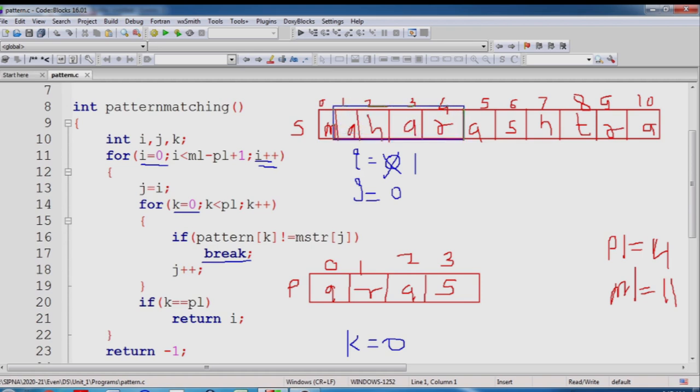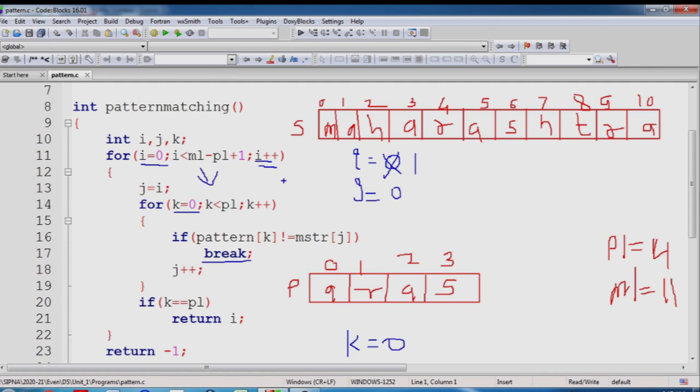This is our next substring. Now i is pointing, i is equal to 1, that's why our next substring is the current substring, actually AHAR. Now again it will check whether the condition is true or false. Now i is equal to 1 and this is 8, right? i is equal to 1, 1 less than 8, true. So it will come inside.